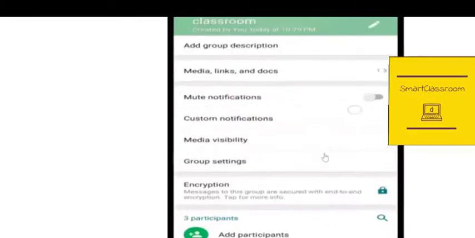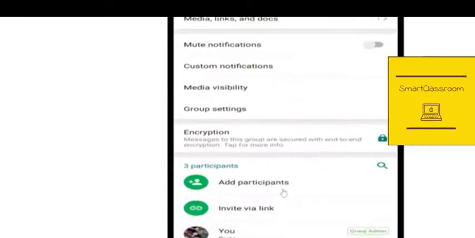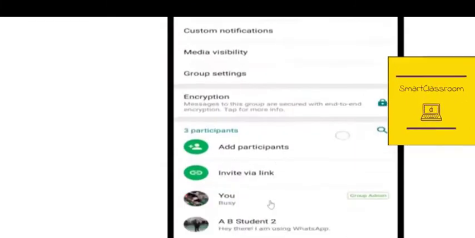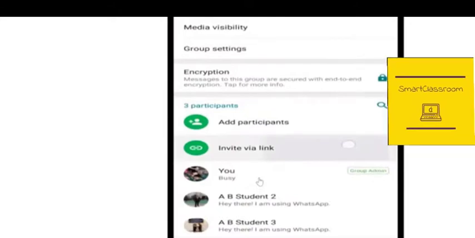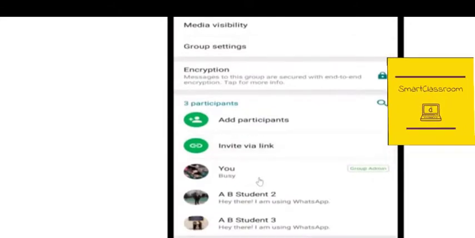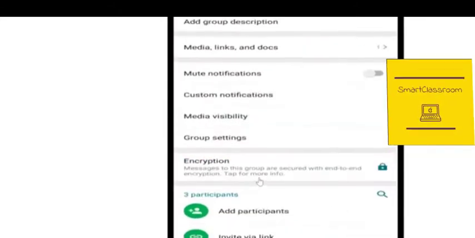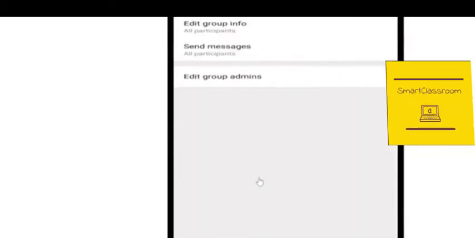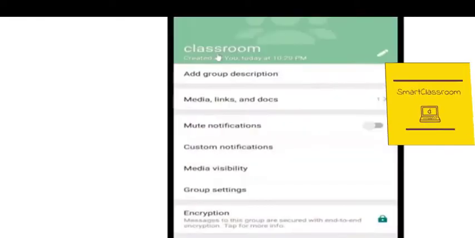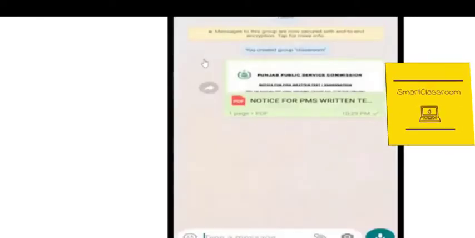Exploring more, we can add the participants. We can invite via link. We can give the link to the students, so all of the students who are not in our contacts can easily join. In the group settings, we can set the group to all participants, because this is basically a classroom.